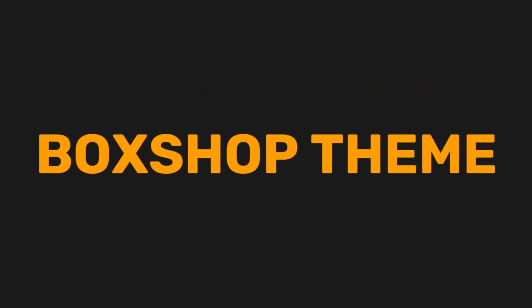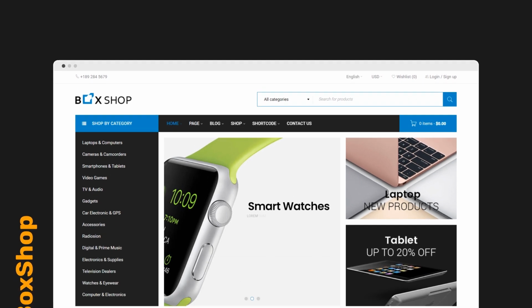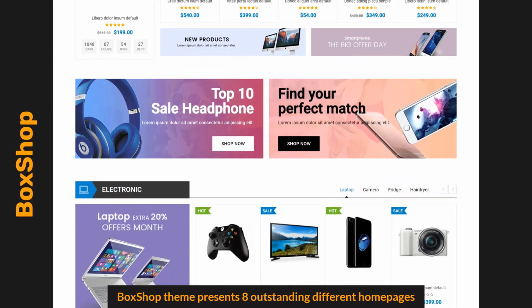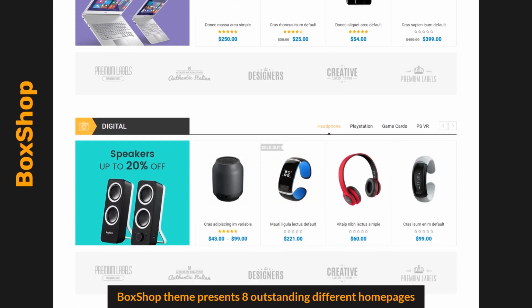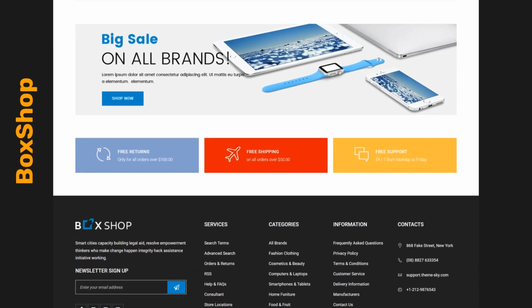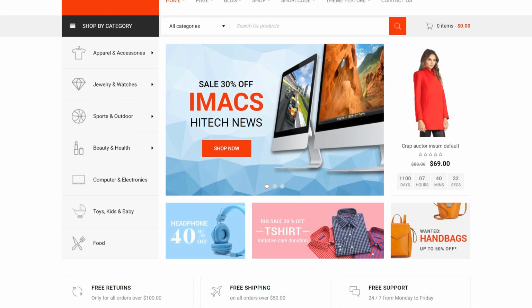Box Shop theme. Box Shop is an amazing, well-designed WordPress WooCommerce theme. Box Shop theme presents 8 outstanding different home pages. For example, supermarket,